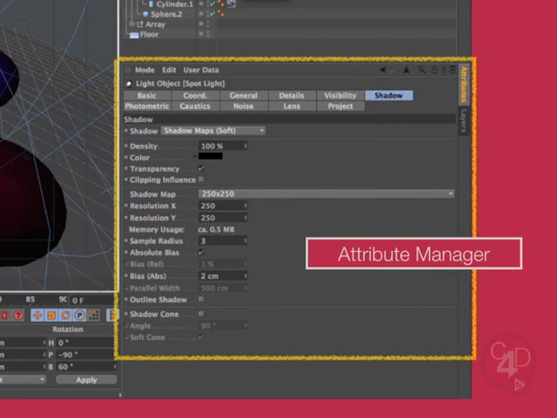The Attribute Manager provides all the necessary parameters to modify the characteristics of an object, texture, keyframe, tool, selection tool, tag, or anything else that may be active. The Attribute Manager changes constantly and displays the corresponding parameters depending on the object or tool that is selected at that particular moment. Right now we're looking at the attributes for the spotlight, and to be more precise, we're looking at the Shadow tab and its parameters. All of the parameters that are being displayed at the moment are related to how we can modify the shadow